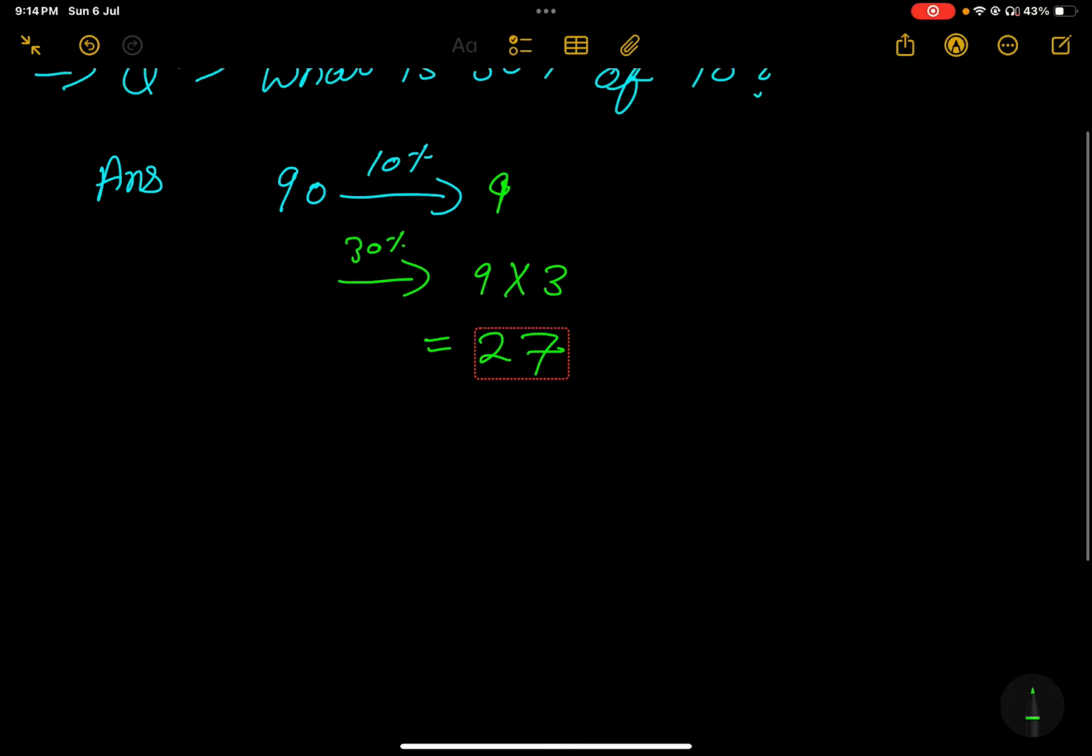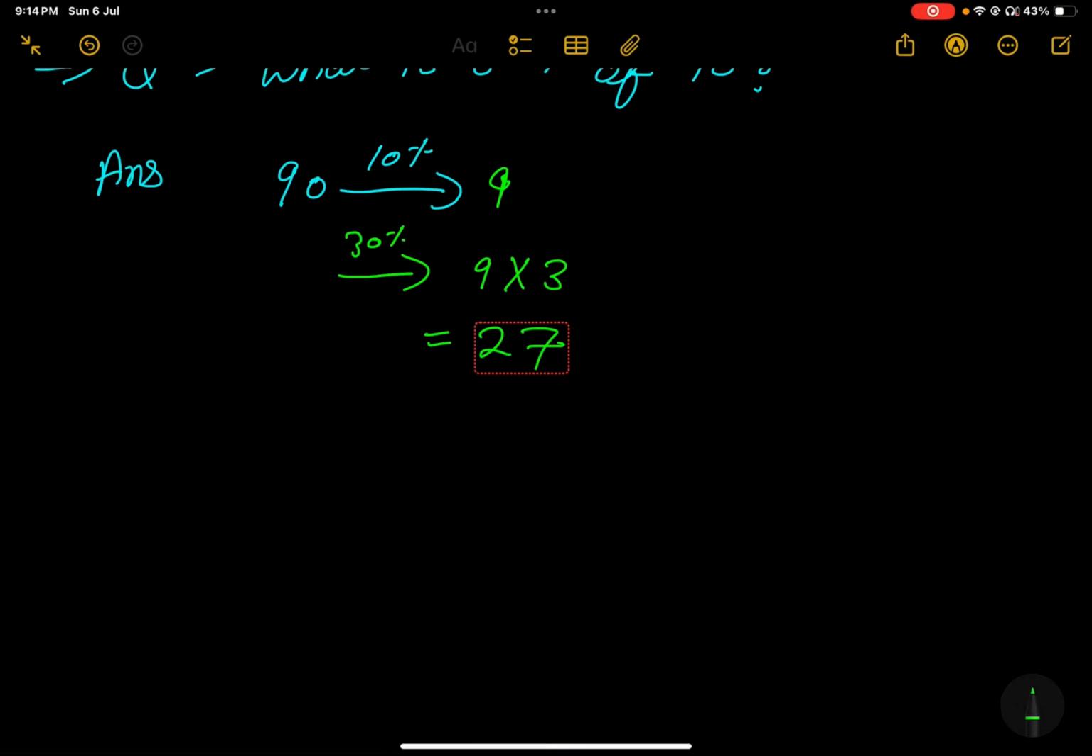And for another question, we'll do this question by another method which is called the formula method. We know the formula, which is